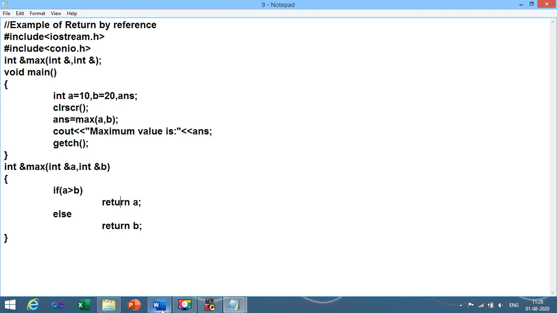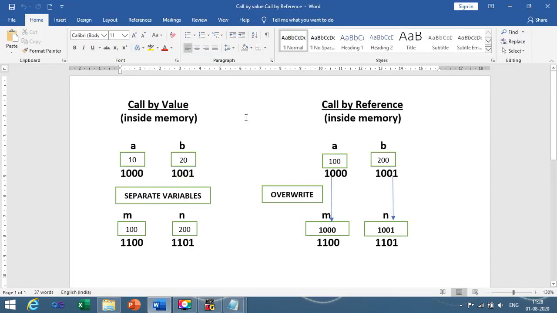One more file I want to share over here, that is the chart I have shown you during the difference of call by value and call by reference. Remember one thing: when you write the program of call by value, at the end of your program you need to draw this memory block with a pencil, so that while you learn the program you can understand the concept easily.